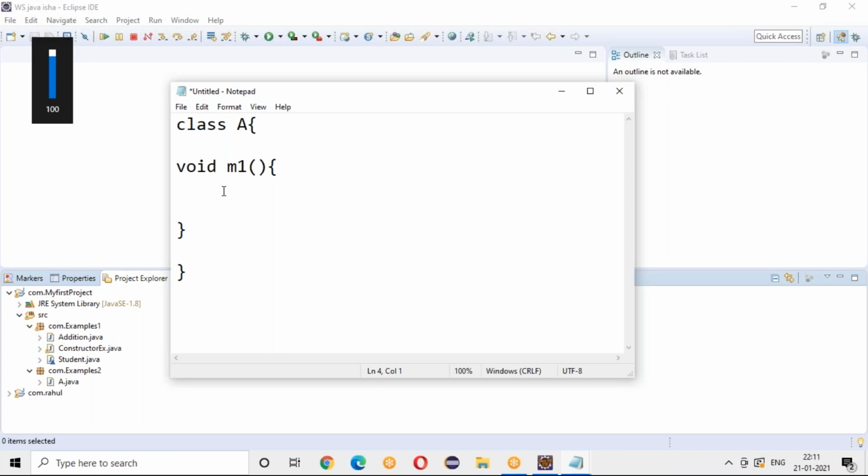So I'll be writing some logic in the M1 method, but there is a concept called abstract methods. Abstract is a keyword, and you have abstract methods as well as abstract classes. So what is an abstract method and an abstract class? The main purpose of a method is to write the logic, right? In Java, I'll tell you later why you have that concept, but first let's understand what an abstract method and an abstract class are. Later I'll convey why you need an abstract class, abstract method or an interface.